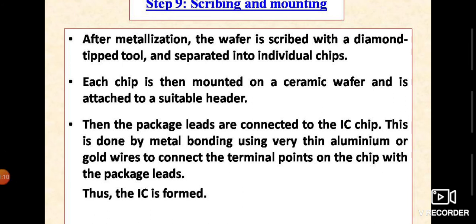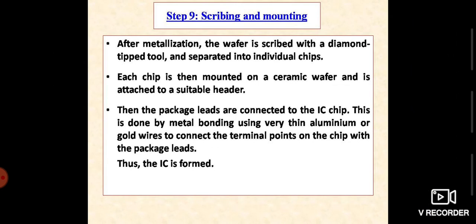I hope you understood all the steps of the IC fabrication of the circuit we have considered. I suggest you draw all the step-by-step pictures on your copy, and also try to write down the steps if you want to make a discrete transistor, discrete PN junction diode, discrete resistor or discrete capacitor in IC form.